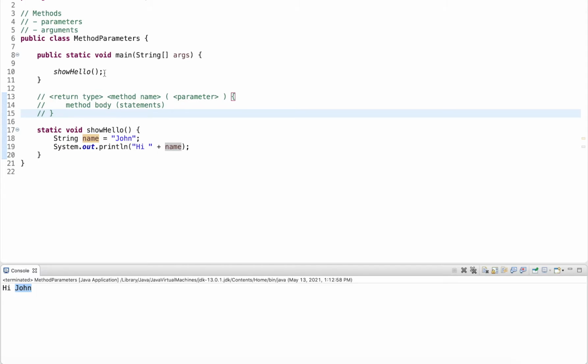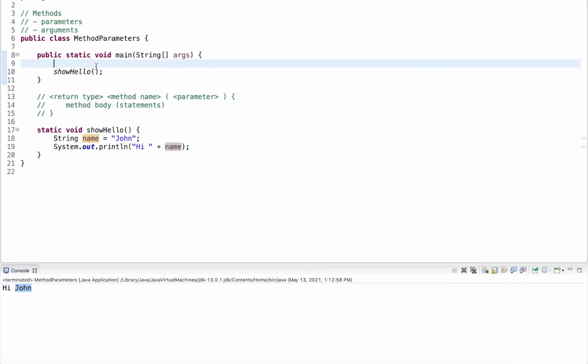Whenever I want to call this, and assume for a moment you have a bigger program. You have the main, you might have some other functions, and you have multiple places where you want to call this method and output a greeting. At this point, whenever you call it, it will only greet a single name. And there's no point in changing this variable. We cannot really change it, right? When the program is running, we cannot really compile it.